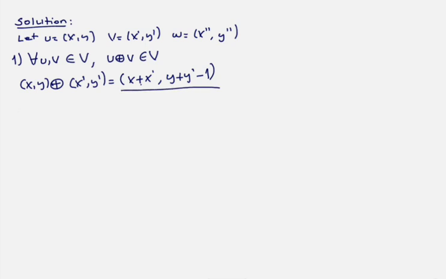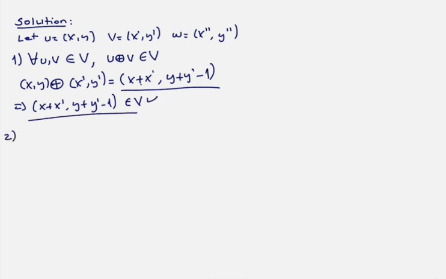ስለዚህ አሁን ይሄኛው እንዴት ነው element of the vector space ነው ብለን የምናሳየው: x, x', y, y' and minus 1, we all know that they are all elements of real numbers. ስለዚህ ከዚህ ምን ዲዱስ እናደርጋለን: (x plus x', y plus y' minus 1) ordered pair an element of the vector space ነው ብለን ዲዱስ ማድረግ እንችላለን ማለት ነው። ስለዚህ x plus x' and y plus y' minus 1 are elements of the vector space V ስለዚህ እናሳየን ማለት ነው።